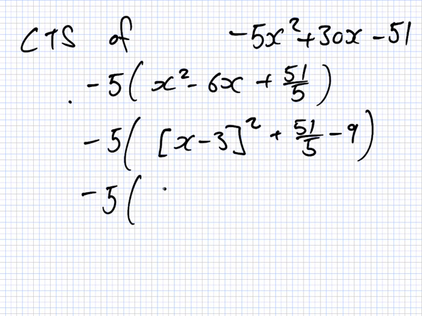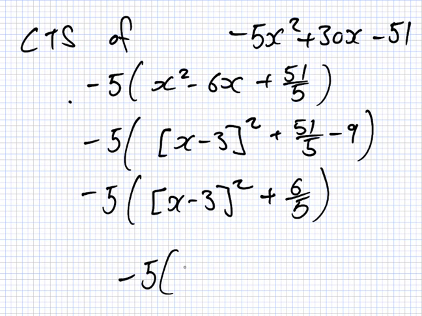X minus 3 squared, and then 51 minus 45 is 6 over 5. Isn't it? Yeah. Alright, good. I'm happy now. And then I multiply by minus 5, and I get minus 5 x minus 3 squared minus